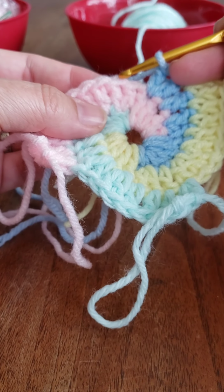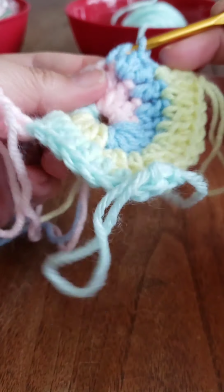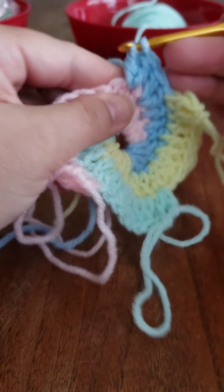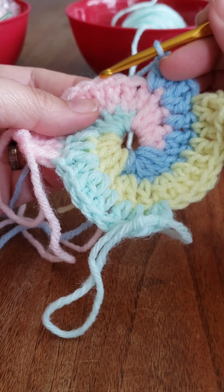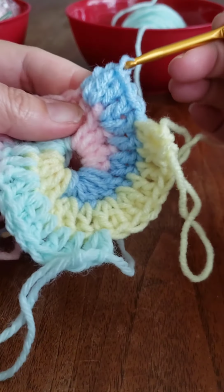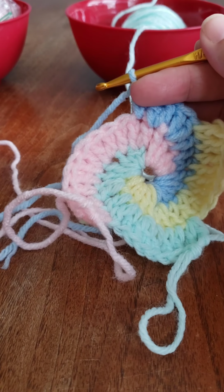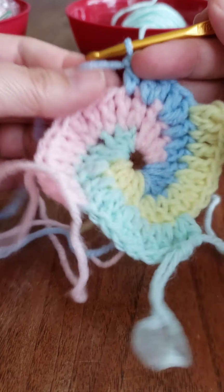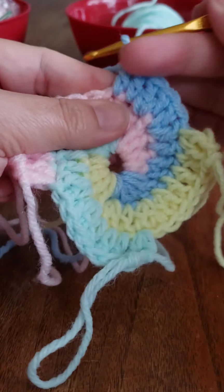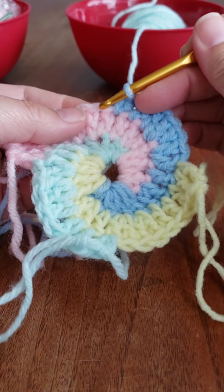So it's 2, 1, 1, 1, 2. So there's double crochet number 1 in the first stitch and double crochet number 2 in the first stitch. Then you're going to 1, 2, 3. So double crochet 1. Hold on, my blue wants to be tight on me. There's 1, 2, and 3, and then 2 double crochets in the